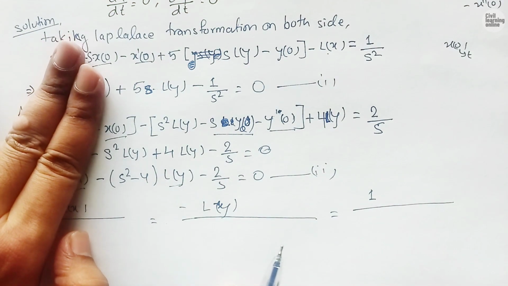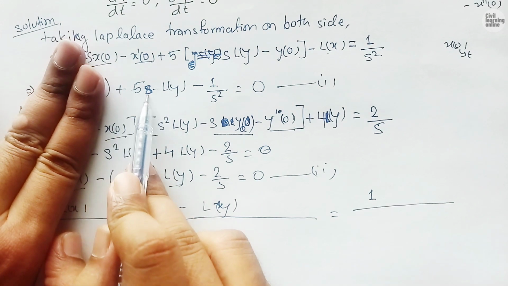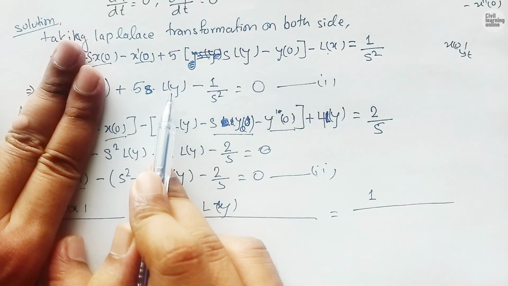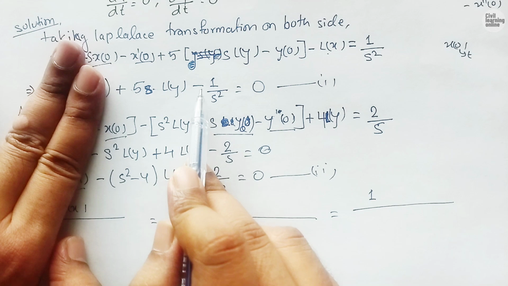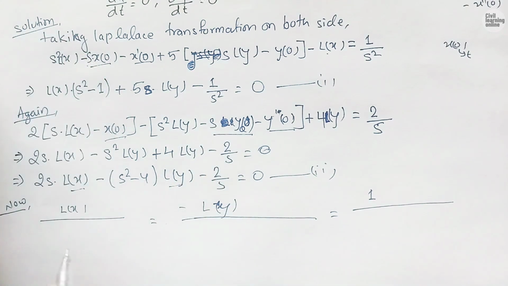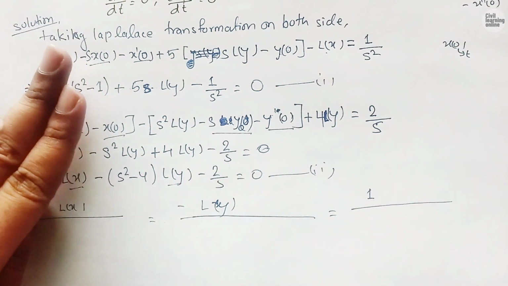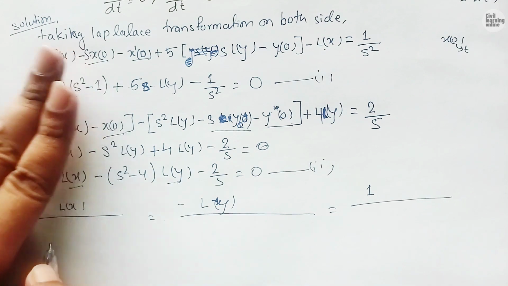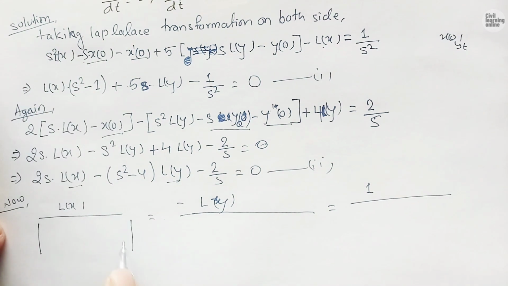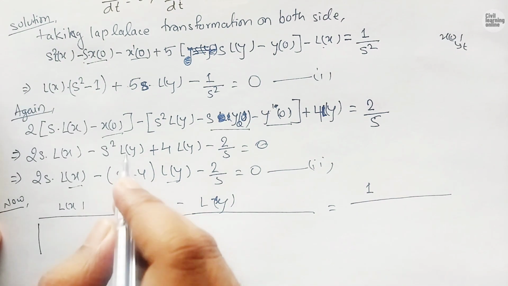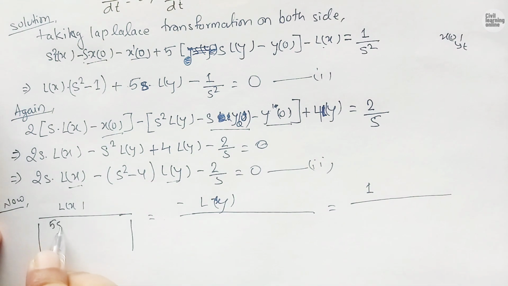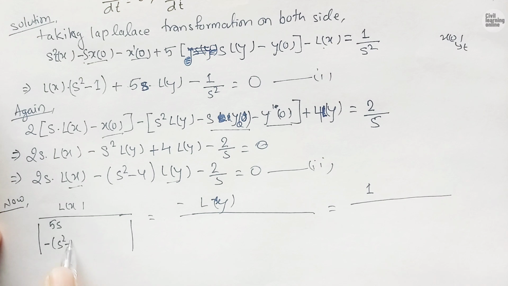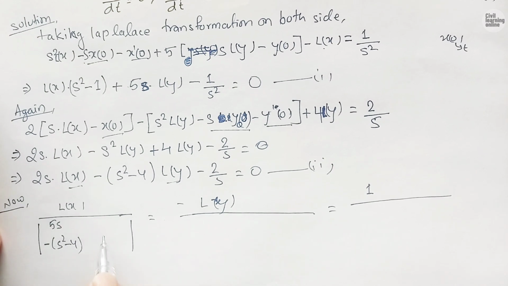So covering this, we have 5s, constant as Laplace transformation of y, and minus 1 upon s square. So we will take this, and we are going to write here this 5s upon minus s square minus 4, okay, and here we will have minus 1 upon s square times